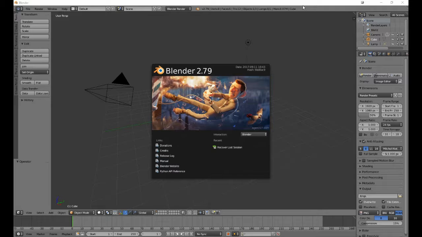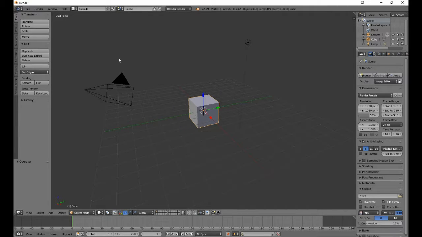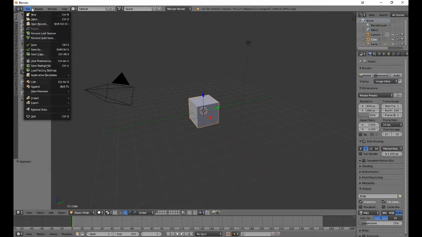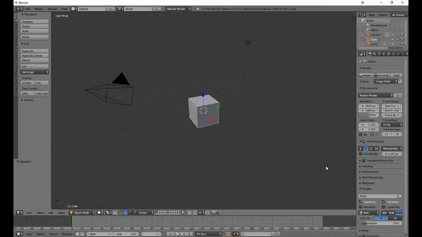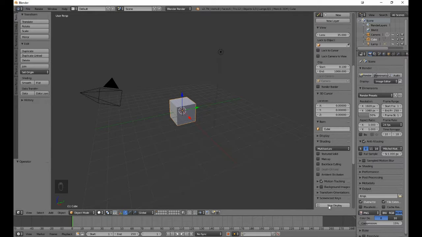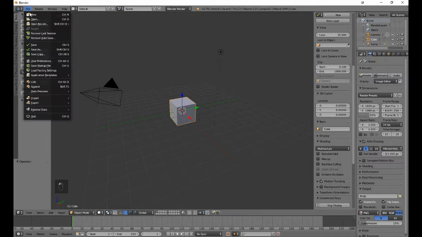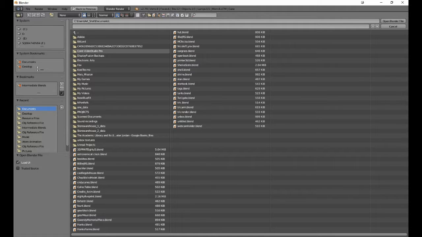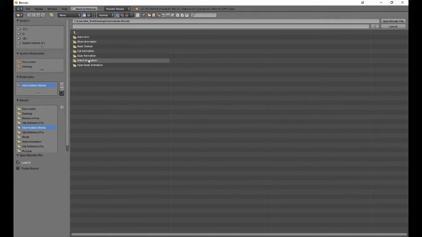We've got Blender fired up, and we need to open up our file. I guess turn on screencast keys, and now open it up, and we're doing the book texture, and this time I provided the complete Blender file,